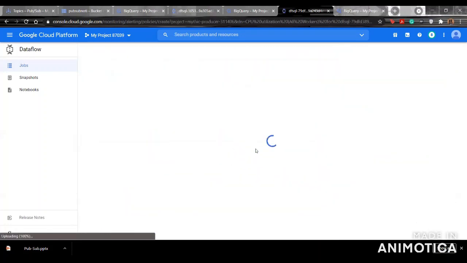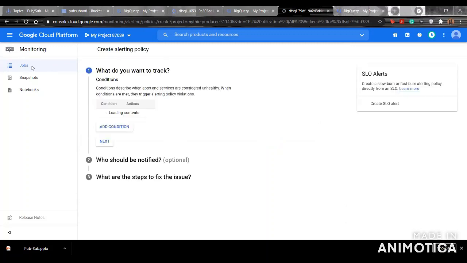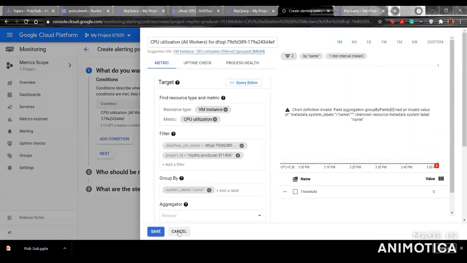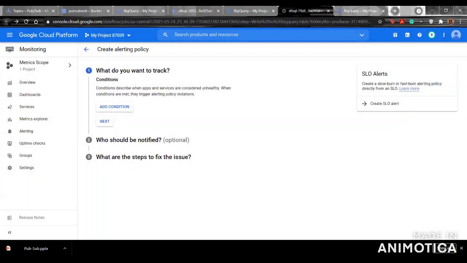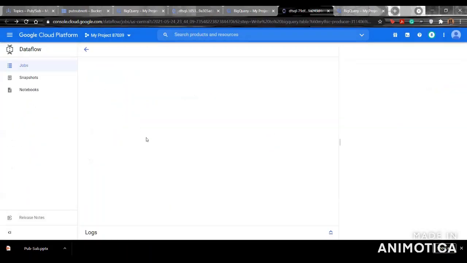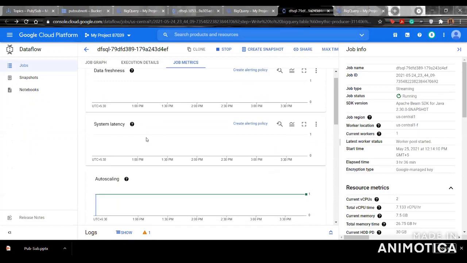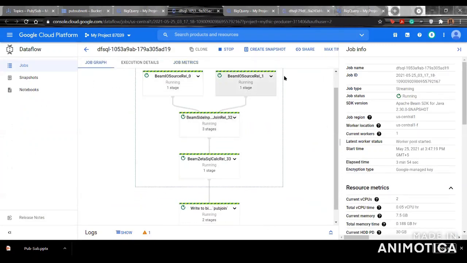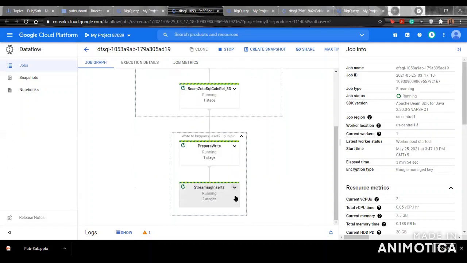You can just click here and create what you want according to your requirement, and you'll get a notification. The notification can be in the form of an email or a message to your number. So this is how it is. These are running the SQL query.